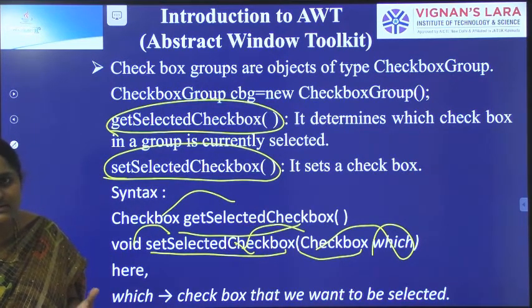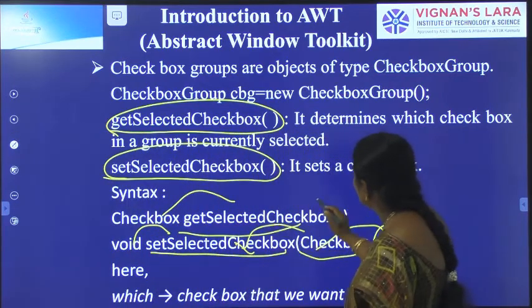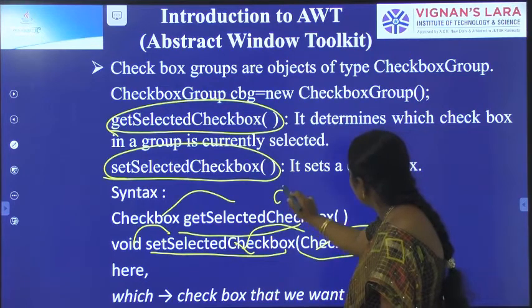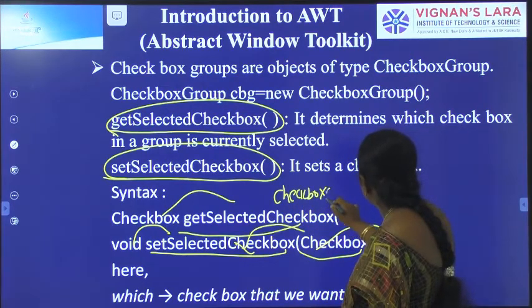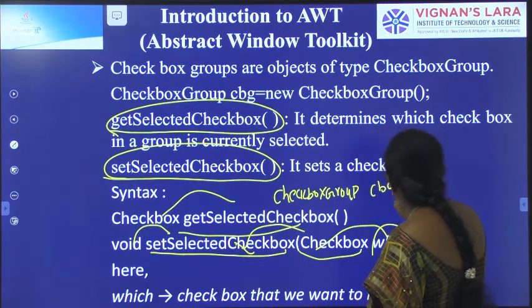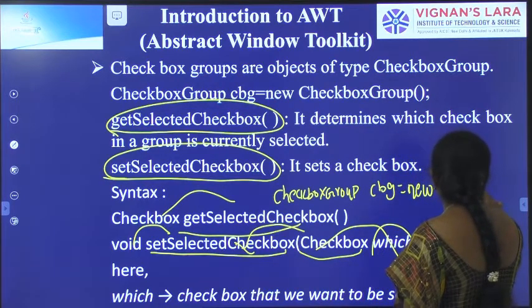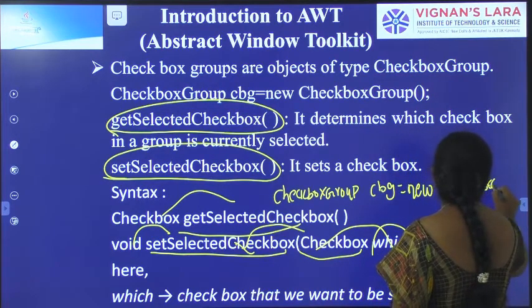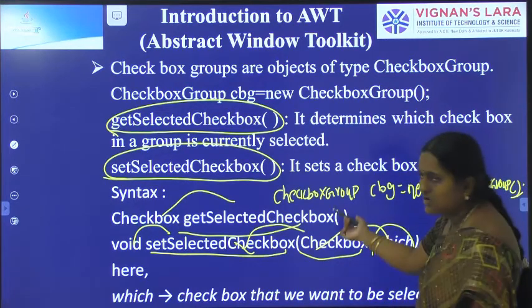In a similar way, here I am creating an object of the checkbox group: CheckboxGroup cbg = new CheckboxGroup. This will create an empty checkbox group.